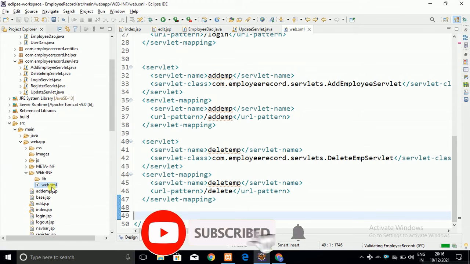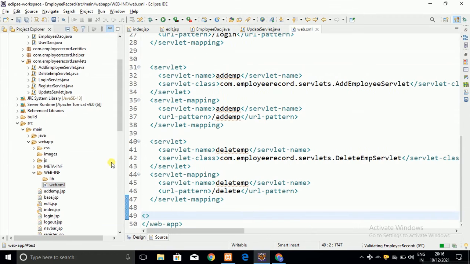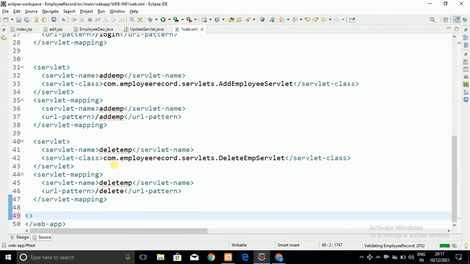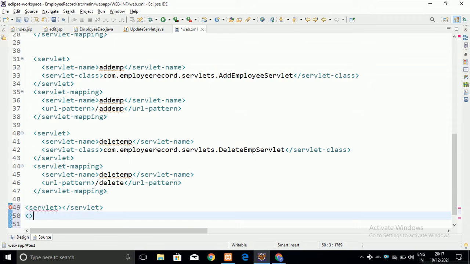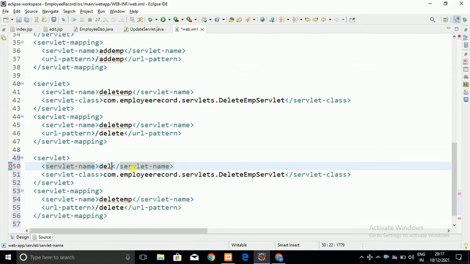Before that we have to register our servlet in the web.xml, which is the deployment descriptor, and this is a very important step. You can see that in our code, we have to register our servlet into the web.xml deployment descriptor. The servlet name you have to write is update.